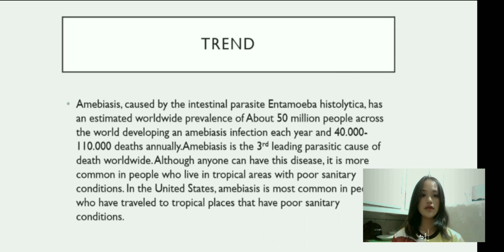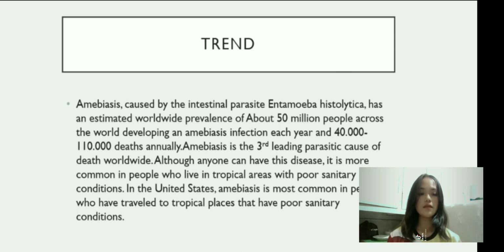Trends. As of my knowledge cutoff in September 2021, the trend in amoebic dysentery prevention and treatment has been focused on improving sanitation and hygiene practices in high-risk areas. Efforts have been made to enhance access to clean drinking water, promote hand hygiene, and educate communities about the importance of proper food handling. Additionally, research has been conducted to develop new medications and vaccines for the prevention and treatment of amoebic dysentery. For the most up-to-date information on current trends, it is advisable to refer